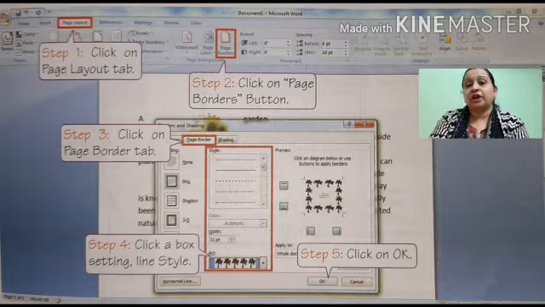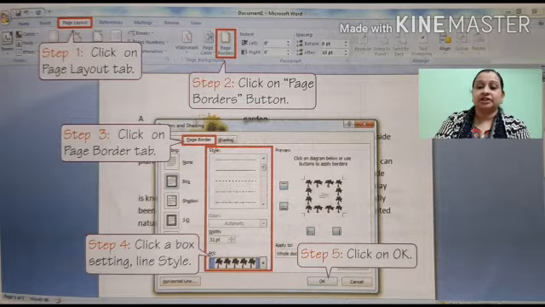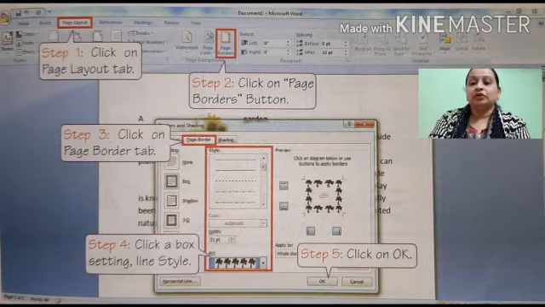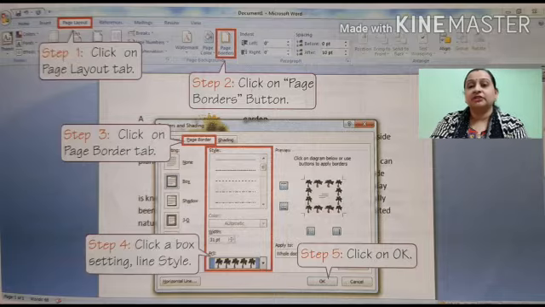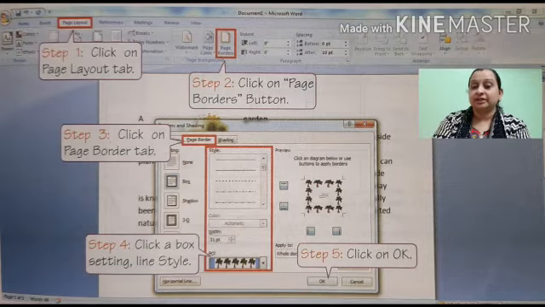There you can find different types of borders. You can select any of the borders and then click on the page border tab, and you can see there are different types of lines. The thickness is given, the colors are also mentioned. So you can select the thickness of the line of the border if you want to give a line, and how thick you want it, as well as the different colors which you want to give to the border. You can also give some style.